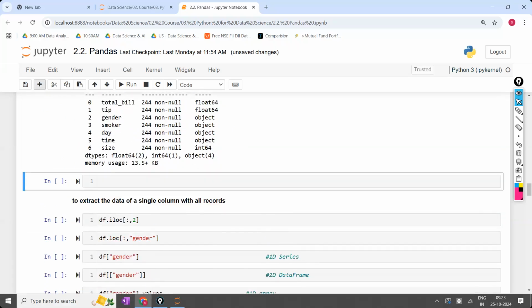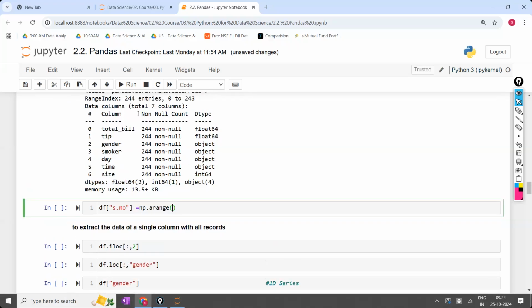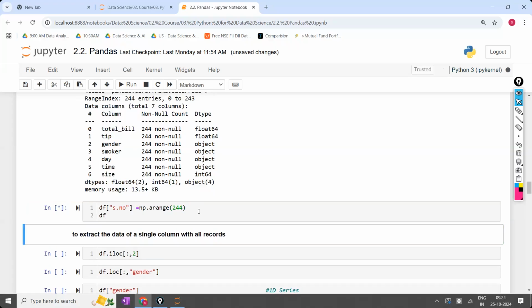Next, what is the other option? I'm going to create a separate new column. The column I'm going to create is serial number. What I'm going to give is np.arange of the total number of records, which is 244 records. So I'm writing 244 here. np.arange of 244 means 0 to 243. It is going to add 0 to 243 and create a